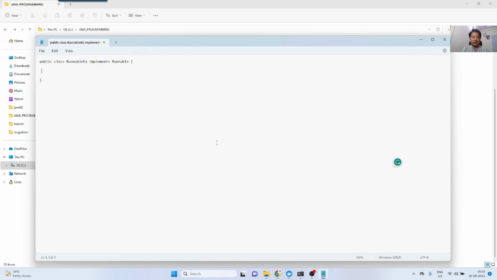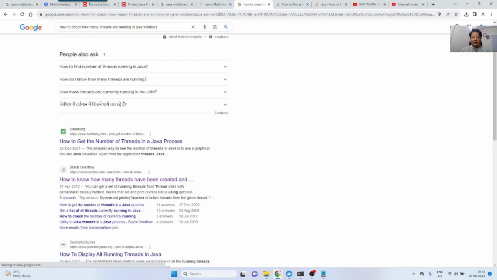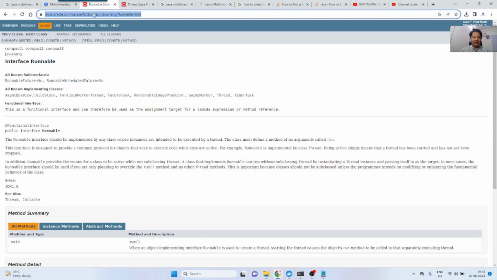So other things we will, as usual, write public static void main, String args. Because I'm implementing the Runnable interface, if you could see here in the Runnable interface, this is the API from the JDK,